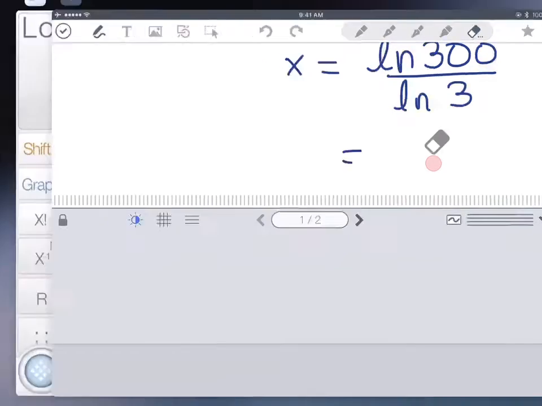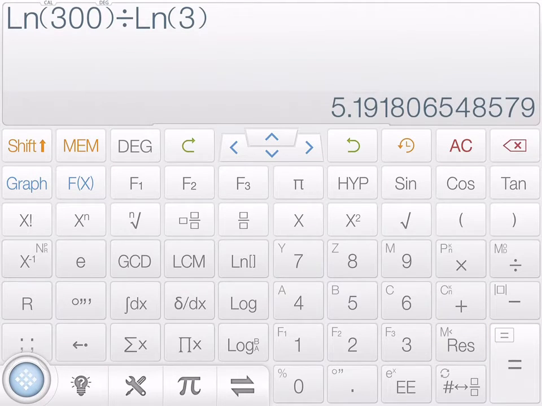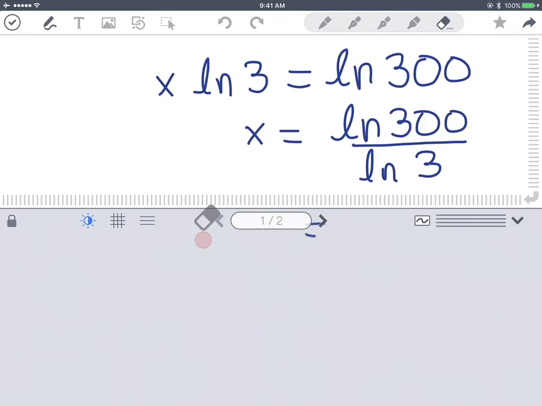So I'm going to do it in my calculator, like we did before. I have my calculator over here. I'm going to erase this, and use the button for natural log of 300, and divide by the natural log of 3. Usually in calculators I don't have to close the parentheses since it's at the very end, but it's good practice to close it. So my answer is 5.191806. I'm going to do it somewhere else so I can copy these numbers on the side. Then I copy my numbers. I need to go back to my example. So what I get as an answer is